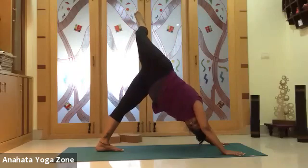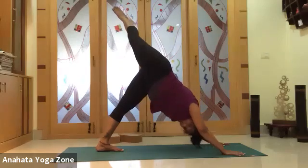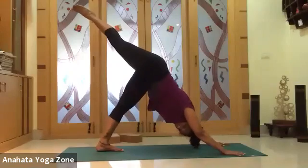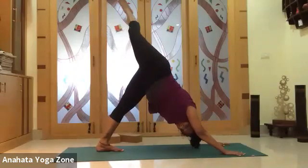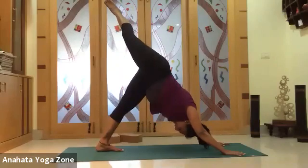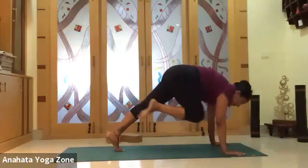Stay here and breathe for 5, 4, 3, keep breathing, strong hands, pushing the body up, not moving forward. So really pushing the body up. And then stretch the leg all the way to the left side. 2 and 1. Inhale, bring the leg back to the center, square your hips, hug your knees towards your chest,